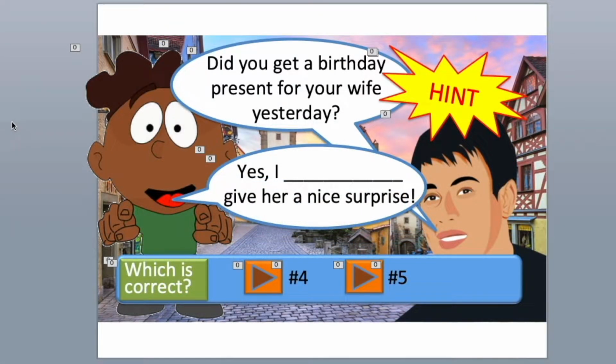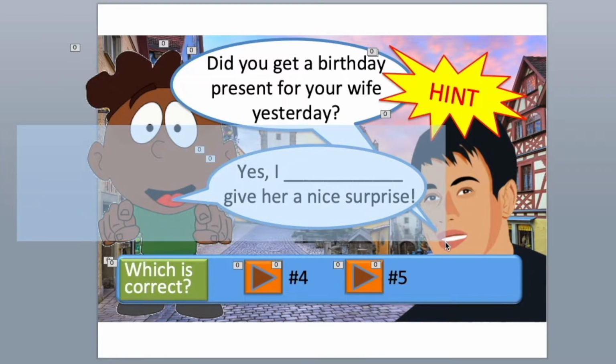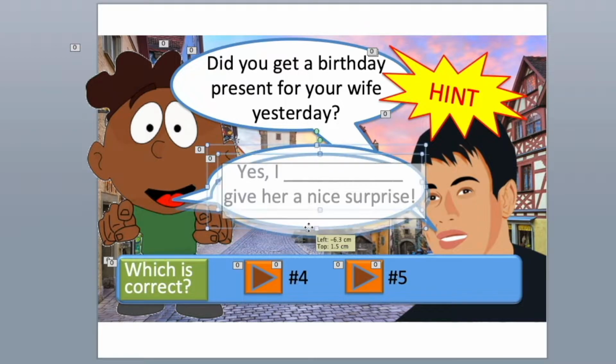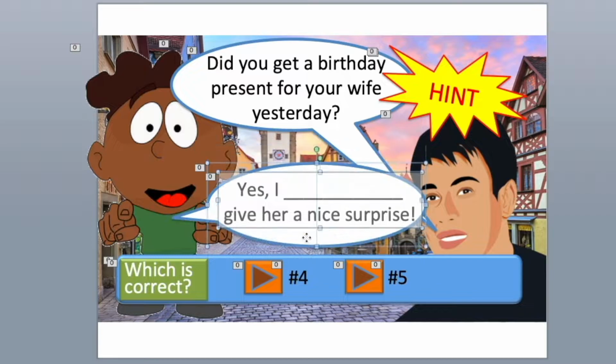Note that if I want to move them both together, then I place the cursor outside the text box and drag it across, making a rectangular shape that covers both items. Can you see how there are two sets of blue lines now, one for the text box and one for the speech bubble? So now I'm going to pick up both of those and move them, and then move the mouth part of the speech bubble.